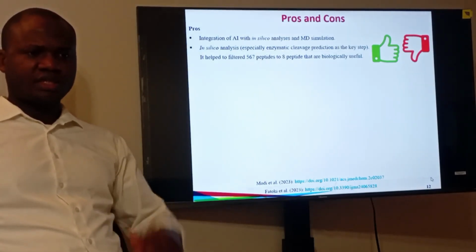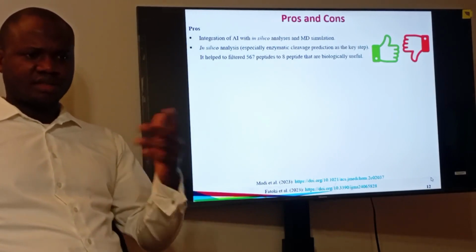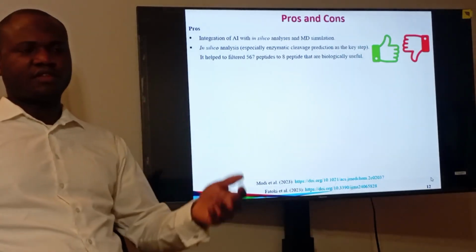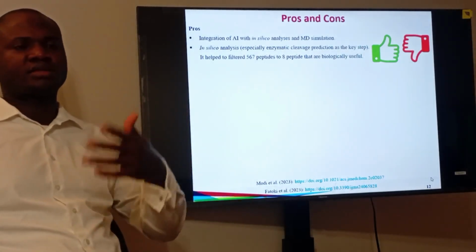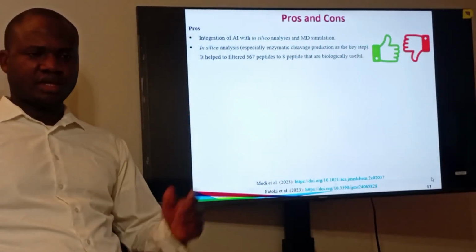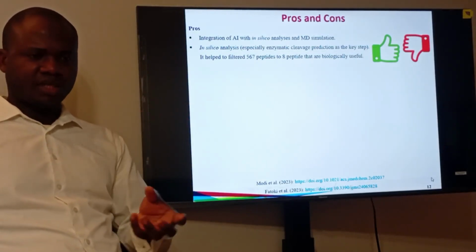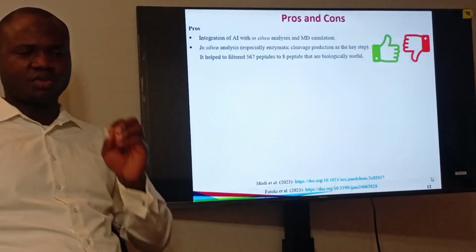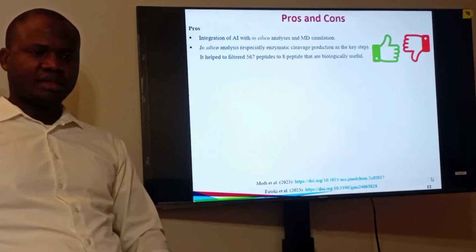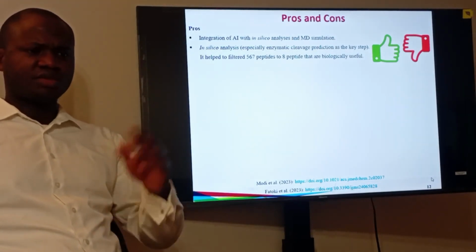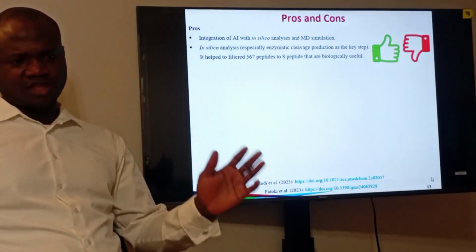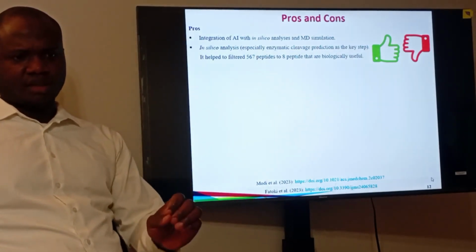Number two, the in silico analysis, especially the enzymatic cleavage prediction, where they predicted the effects of trypsin, chymotrypsin, and other enzymes present within the intestine or stomach. They simulated that to find out which peptides escape hydrolysis by these enzymes. So it helps to filter from 5, 6, 7 peptides down to 8 peptides that are biologically